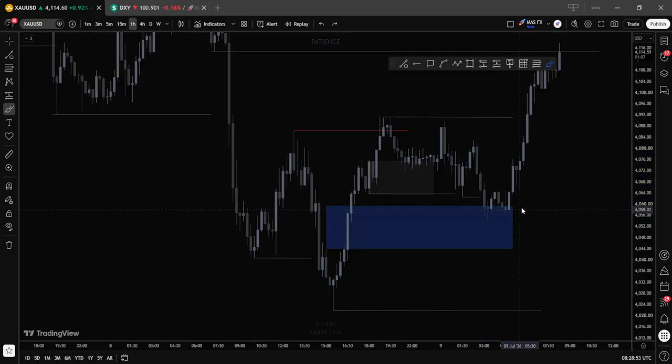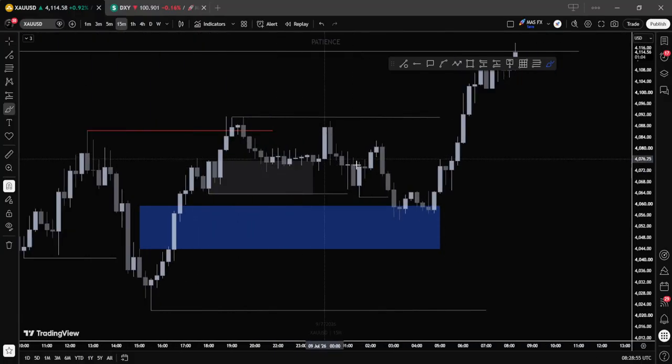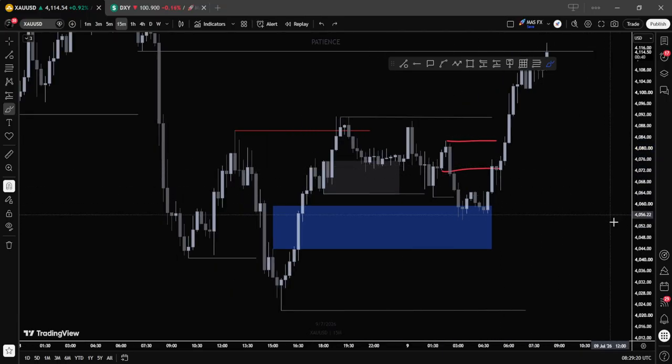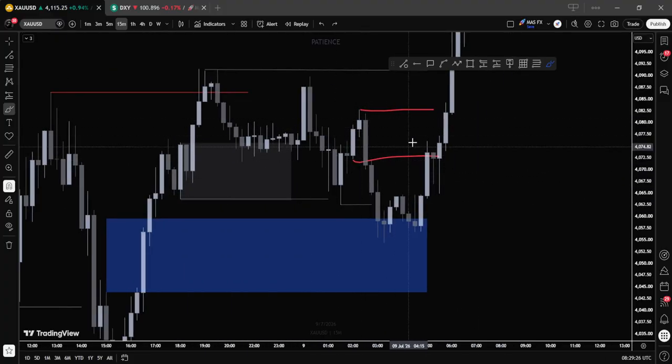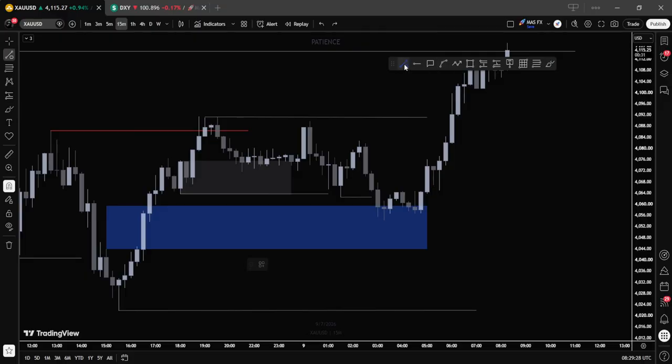Then this morning, around the time I told you about, let's check it. It was around 5 a.m. We had a supply order block over here. Normally when there are two bullish candlesticks and then a bearish candlestick engulfs them, your order block has to be the last two. Let me use this instead of the brush. Price pushed into the supply order block